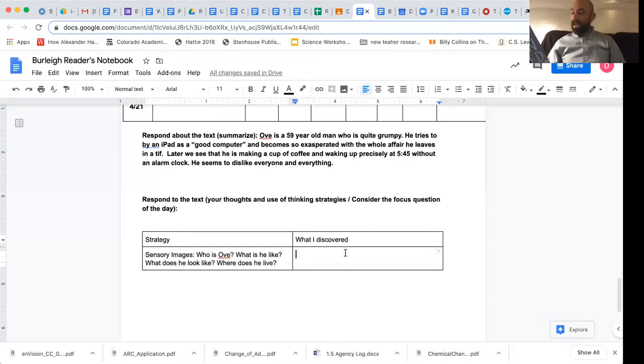Ove is 59. Well, if Ove is 59, I'm going to infer a little bit with that strategy too. Ove is 59. I might kind of imagine a man,